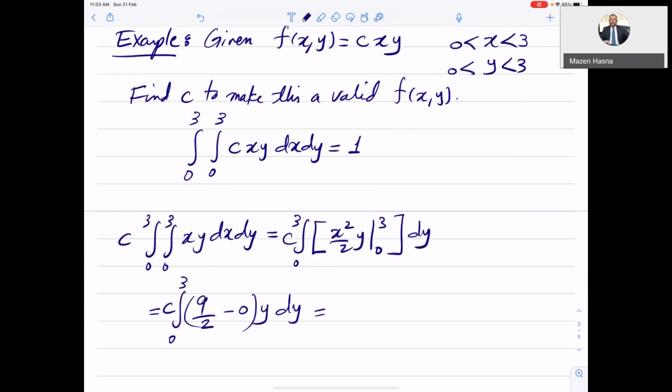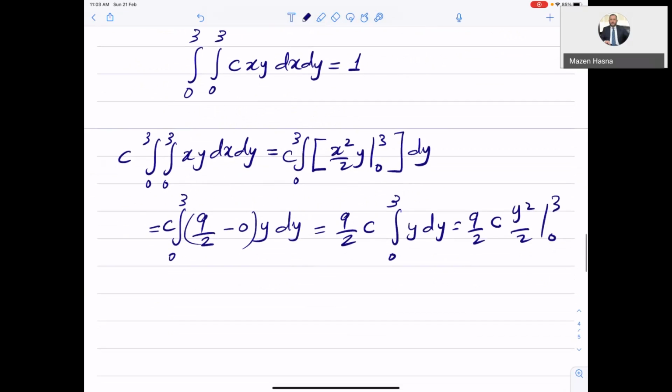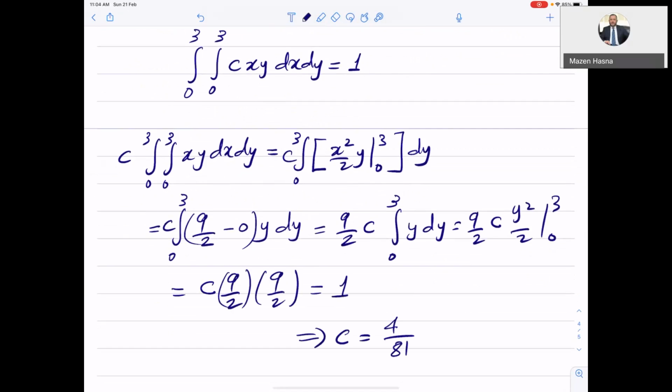So we take also 9 over 2c outside, and then we are left with just y dy, and then this is again 9 over 2c, y squared over 2 from 0 to 3, which is c times 9 over 2 times also again 9 over 2, and this should be 1, which means that c should be 4 over 81